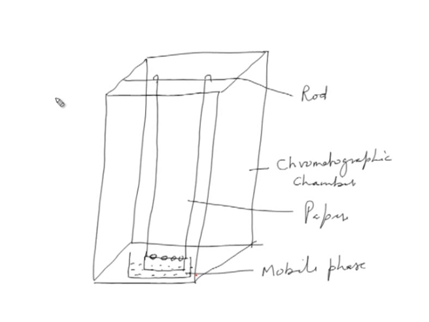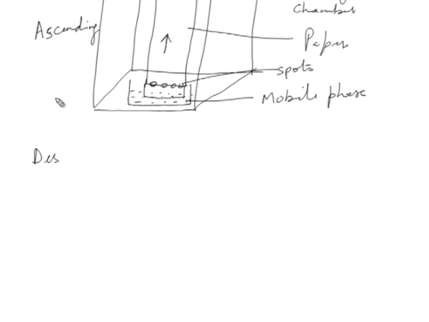Once you have placed this, and these are the many spots being put in here, remember the spots are not dipping in. The mobile phase will move up. This is called ascending order, or you can say it is being run in ascending fashion. There could be another way, where the paper could be upside down, and that will be called descending manner, where you can run that particular paper chromatogram also.